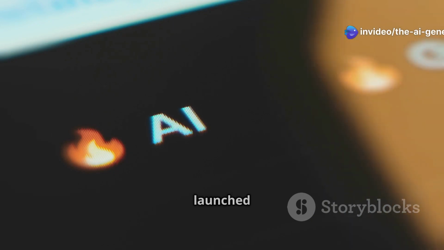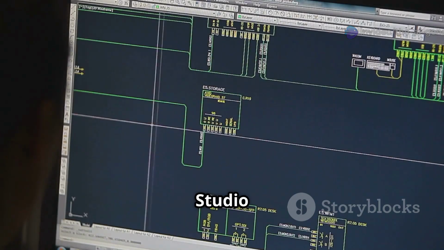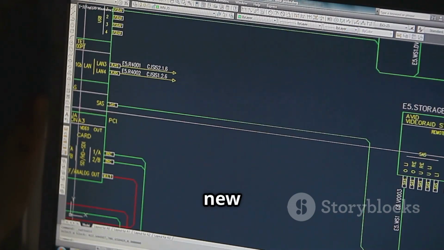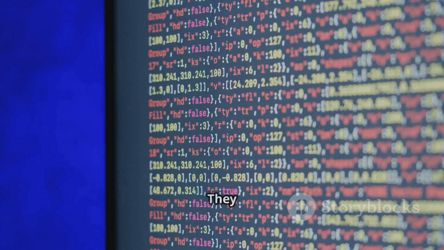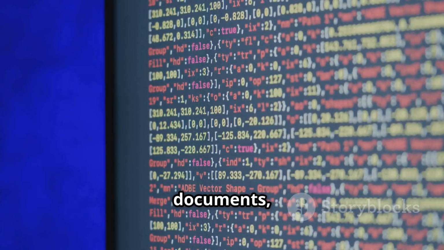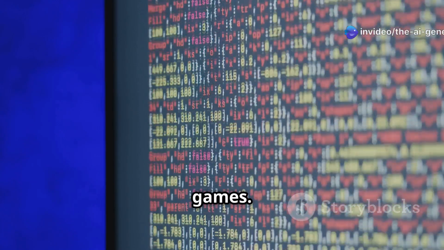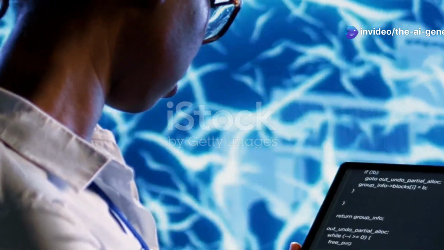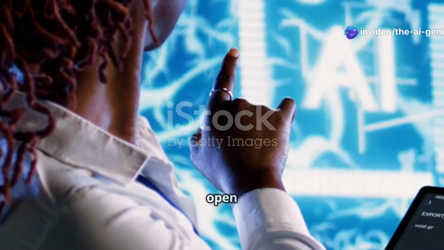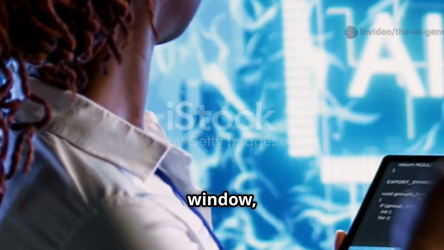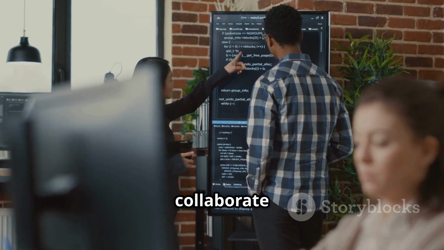So, Grok has launched their Grok Studio. Grok Studio is basically a fancy name for their new canvas or artifacts-like feature. They say that Grok can now generate documents, code, reports, and browser games. Grok Studio will open your content in a separate window, allowing both you and Grok to collaborate on the content